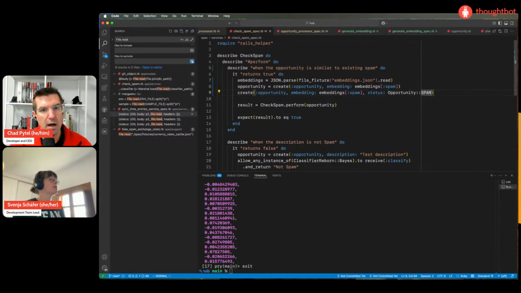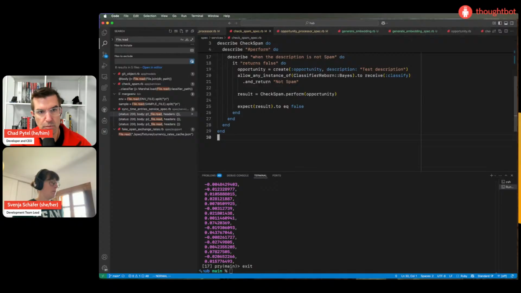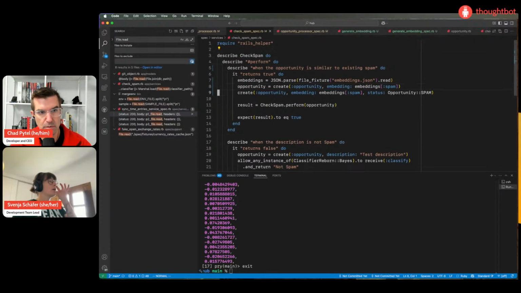Oh, right. So we're creating an opportunity that has the same exact embedding as the one we're checking, and this one is going to be spam. So now what we're going to do is say, give us similar opportunities to the one we're checking, and are they spam? And if so, then this one's likely spam.